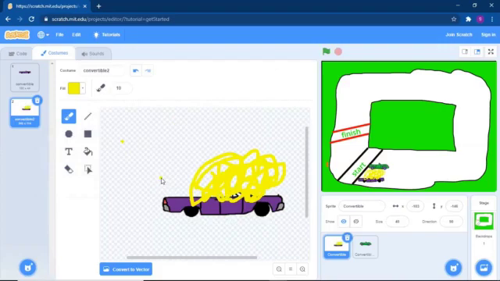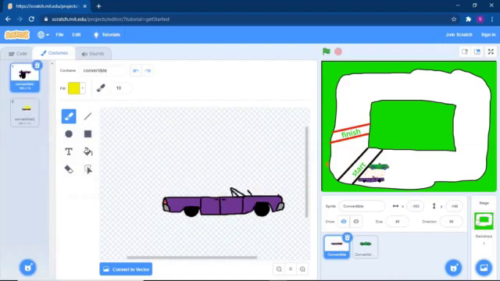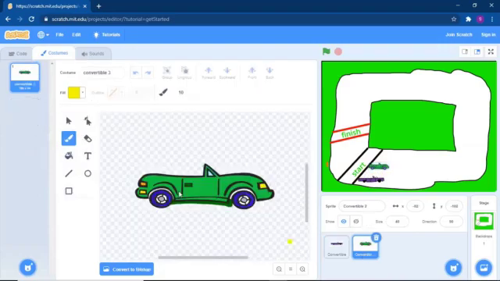And now this one, it is showing in the screen because we are choosing this, but I can do this one now. For the green color car, I have to do the same thing. What I'll do, no, not for this. Don't make this mistake because this is changing this one. So what I have to do, I have to right click and click on the duplicate. On the duplicate one, I will make it.